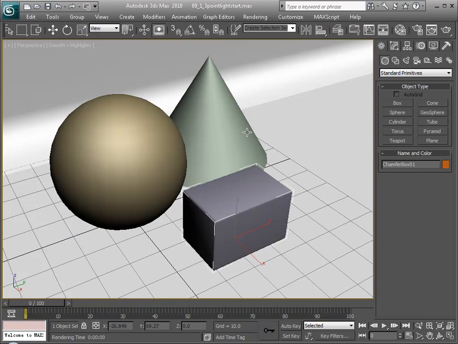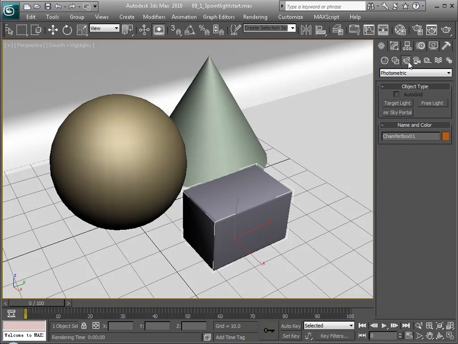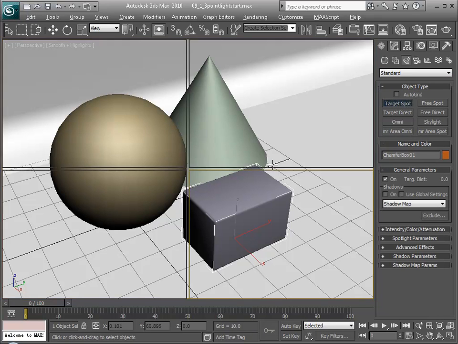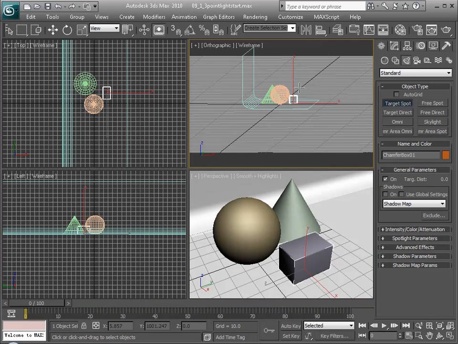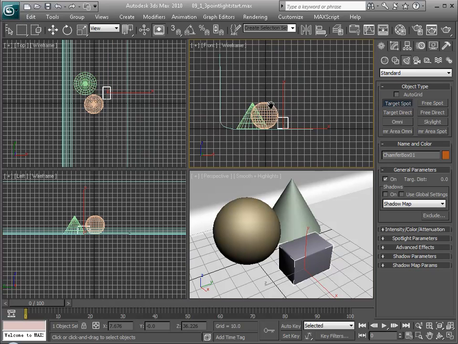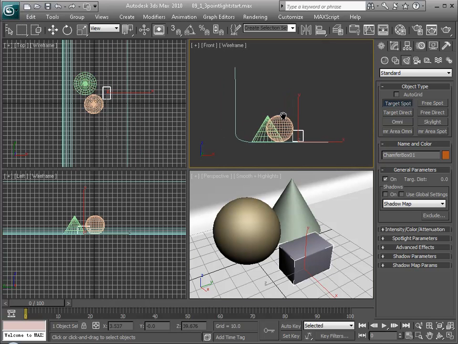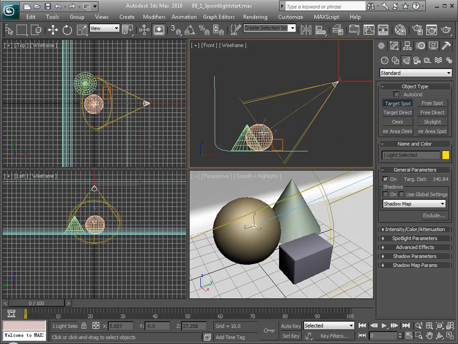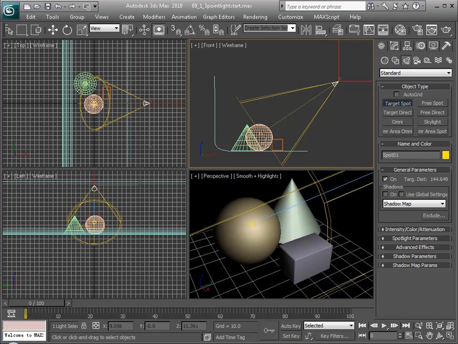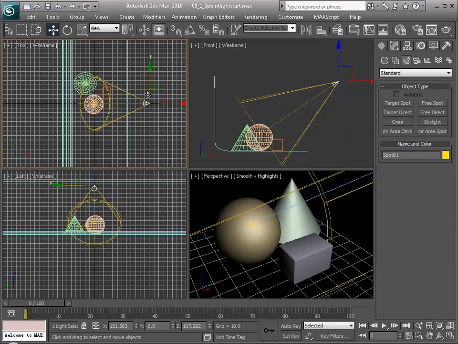The first light we usually introduce is a spotlight, which is the only light that has a shadow. So what we need to do is go to standard lighting and introduce a target spot. If you go back to your viewport, you can see that I just click and drag, and it's acting like a spotlight. If I right click to end the process, and I press W to